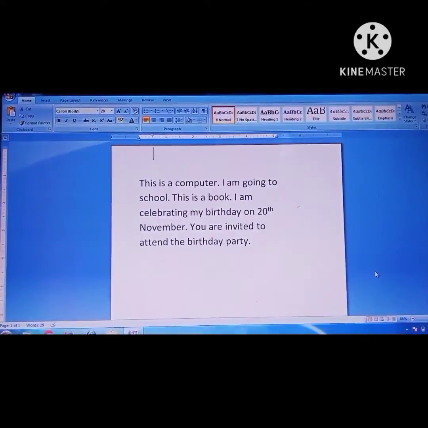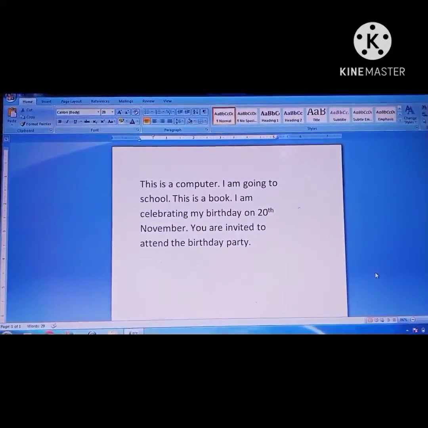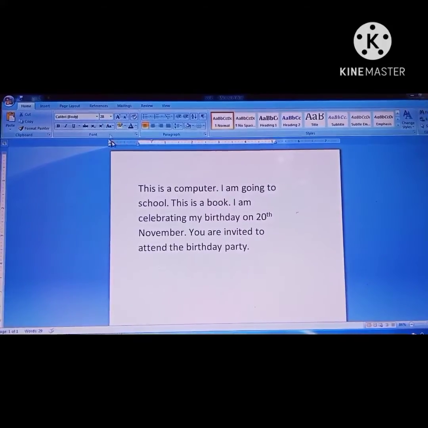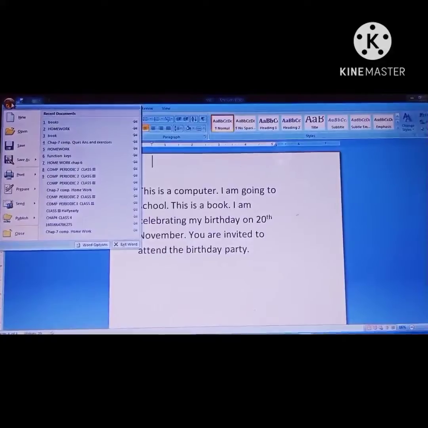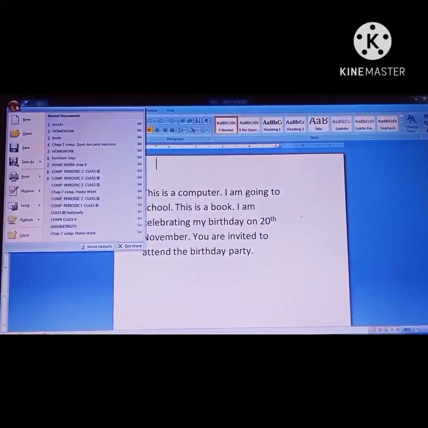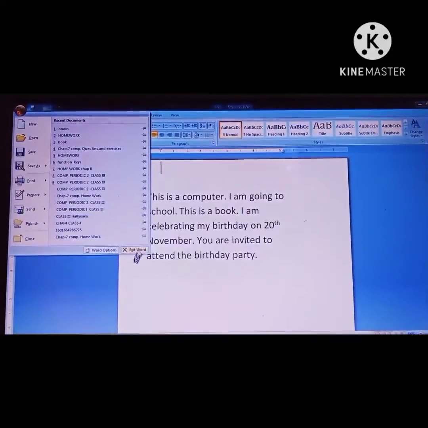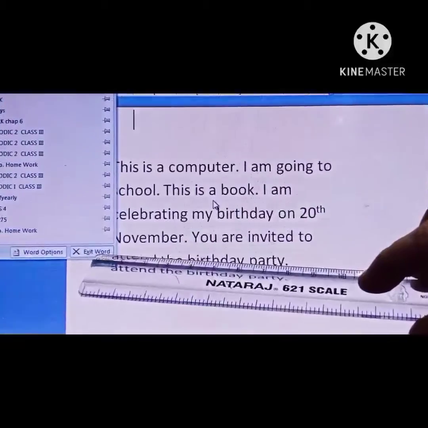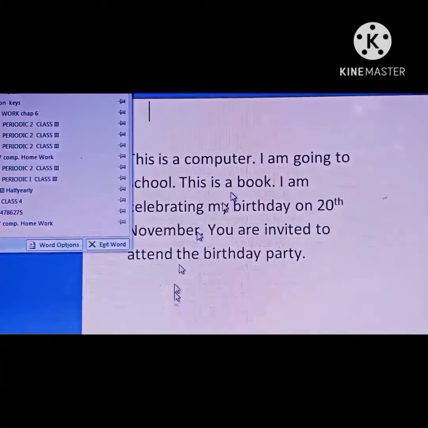Next is exiting MS Word. If you want to exit from MS Word, then again you have to click on the Office button. I am clicking on the Office button. Now select the Exit Word button. Children, this is your Exit Word. Select it here and click it.